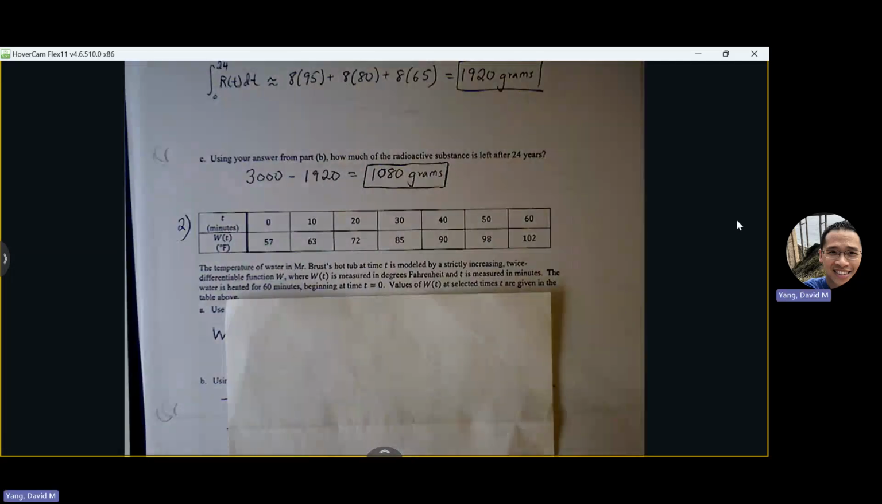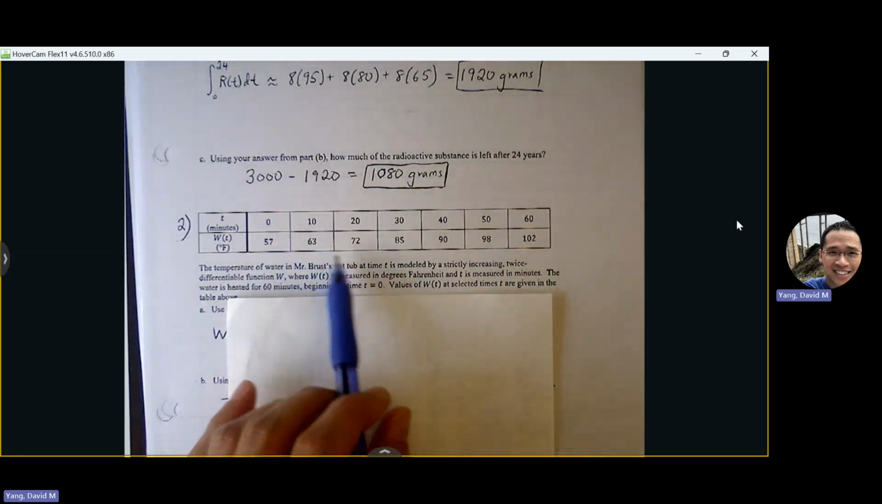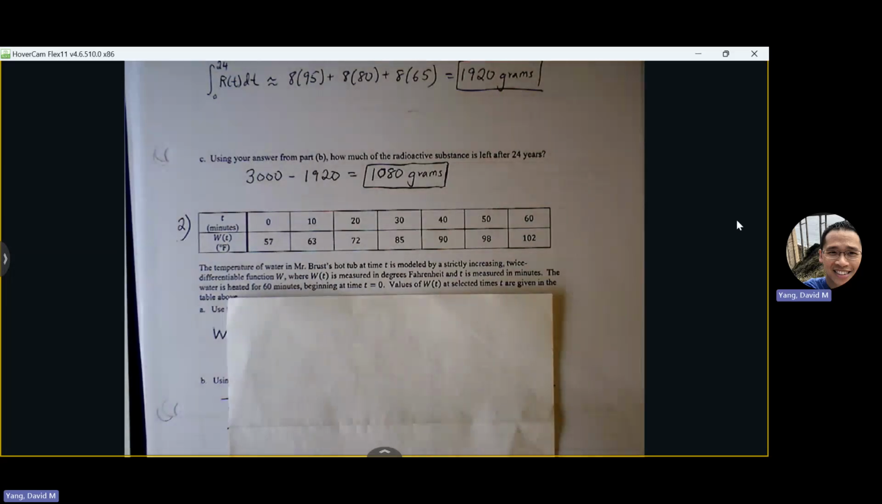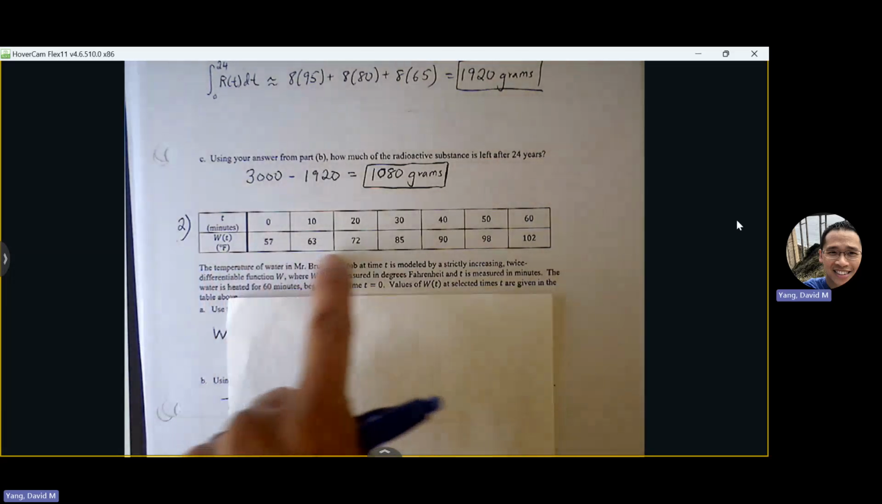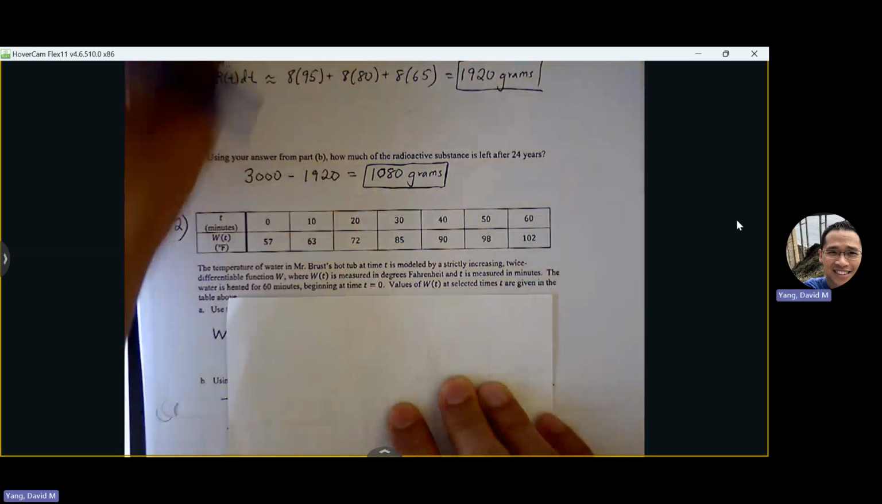All right, number 2. The temperature of water in Mr. Brust's hot tub at time t is modeled by a strictly increasing twice differentiable function. So it's a smooth curve here. The temperature will keep rising in degrees Fahrenheit. Water is heated for 60 minutes, beginning at time t equals 0. Values of the temperature W of t at select times are given in the table above. So part A